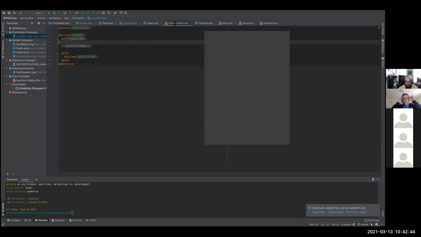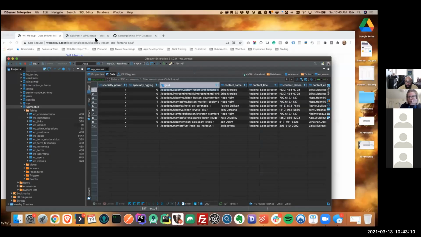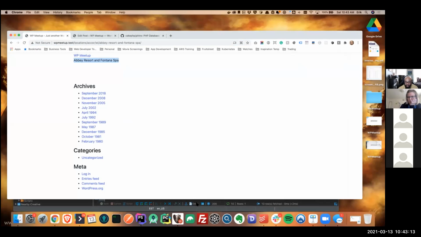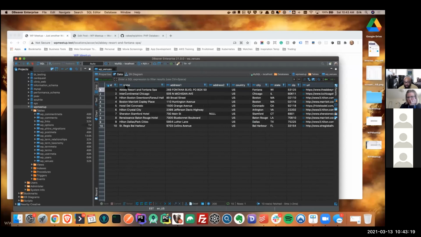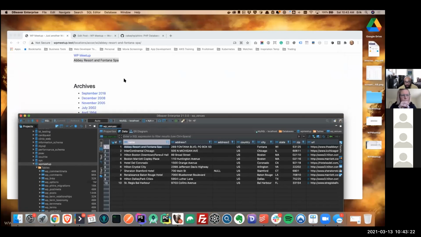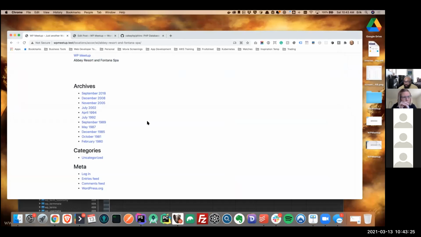So here is the location blade, and I kept it very simple. Here it's saying if it is not 404, and this is Blade, and I'll explain this in a second, but it's not necessarily something you have to use if you don't want to. Basically, if this is not 404, display the location name. If it is a 404 page, then I'm displaying 404. Since this is not 404, it is displaying the name of this location. So over here, as you can see, it just says name. And then here is my column over here that says name, Abbey Resort. And then boom, there's that text just displayed to me.